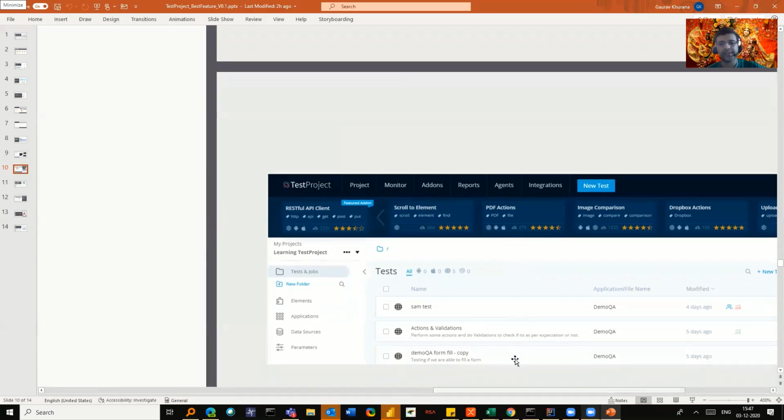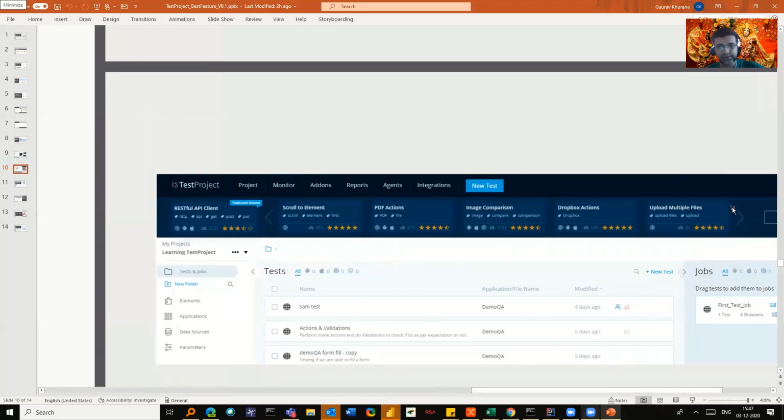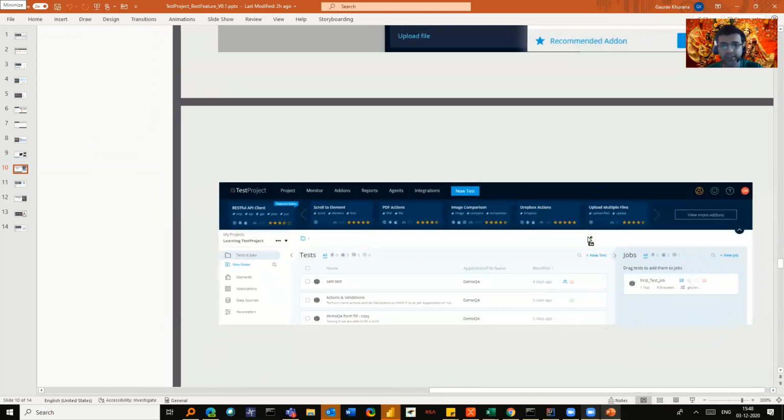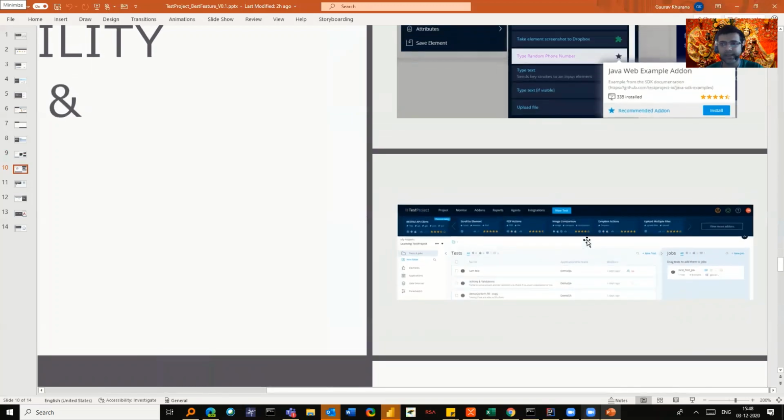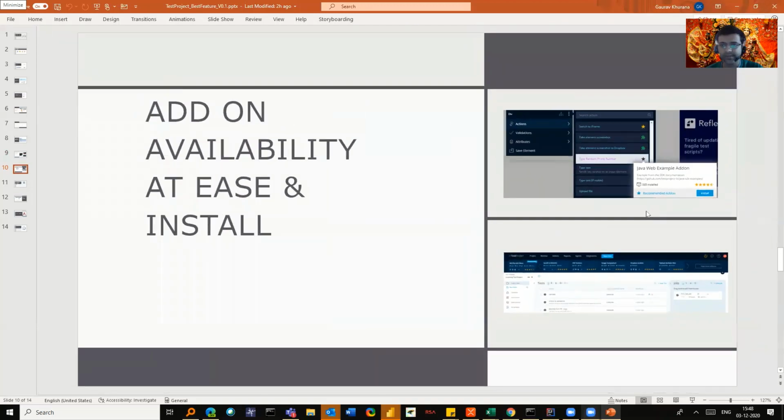You can focus on the main thing, that is the testing that you are doing, whether things are matching or not. So if you see upload multiple files, all these actions basically have already been taken care of by providing those add-ons. You can write your own add-on. It's not that difficult. There is a tutorial available again on ToolsQA on how you can write your own add-on, so you need not repeat that. And even you can download the code as well.